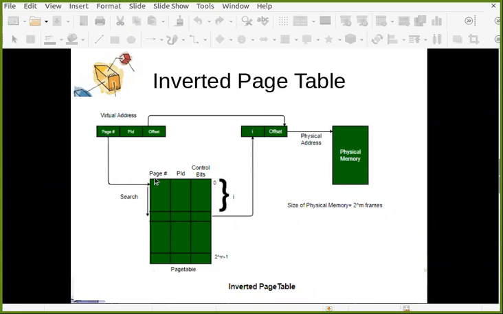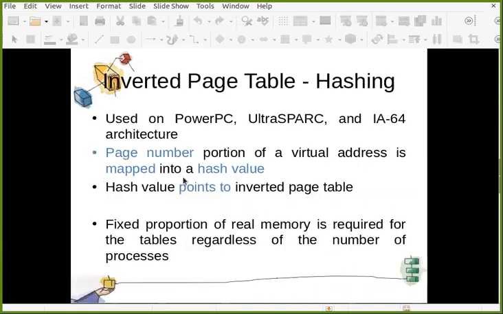Why? Because you have only m bit values here for the frame, so you have only 2 raised to m entries, whereas the page number is made up of n bits. So you need to convert this n bit page number into an m bit value, and that is done through the hash value. The hash value points to the inverted page table. So a fixed portion of real memory is required for the tables.